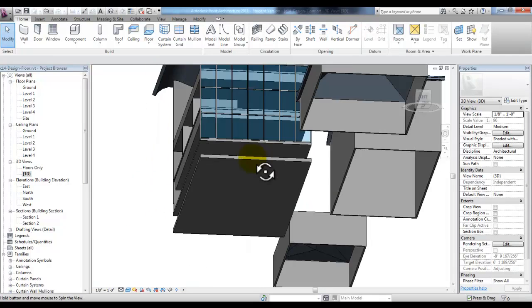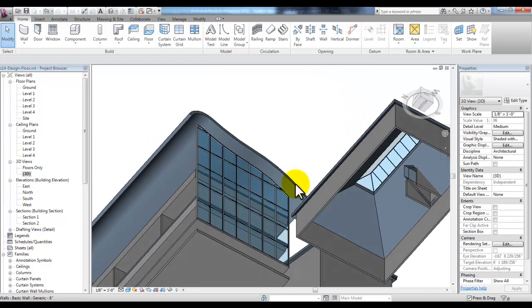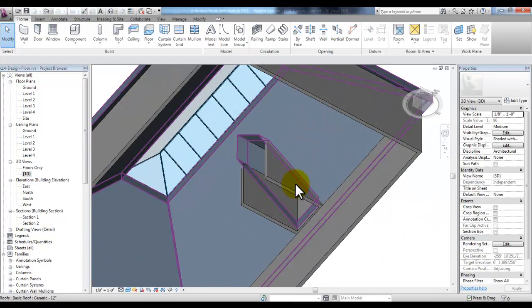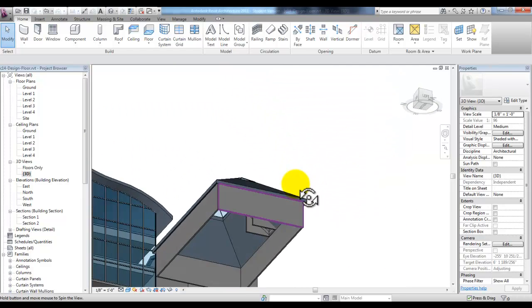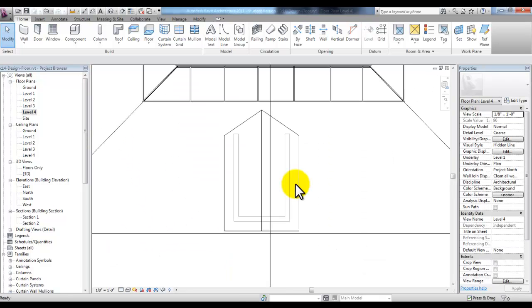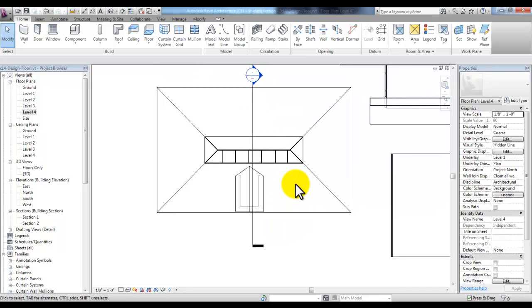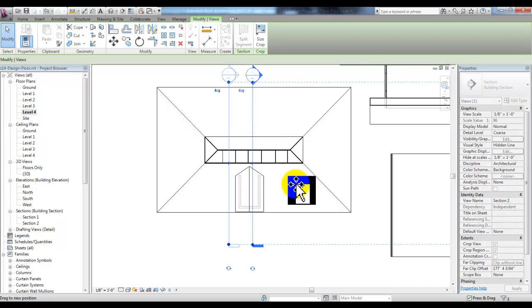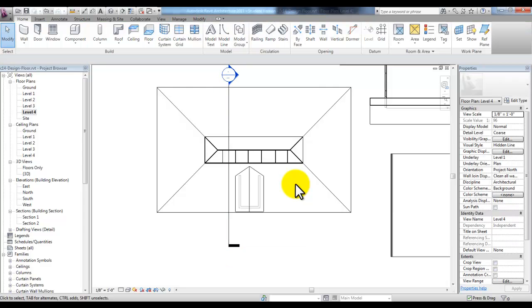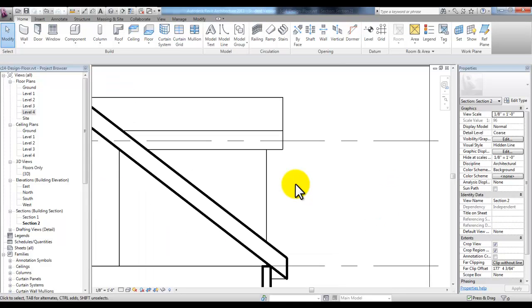Look underneath here our model and see that there is a hole that's cut in the roof. We'll go back to the level 4 view and take a look at editing these side walls. I like to use a section to see the wall. We can go to that new section 2,